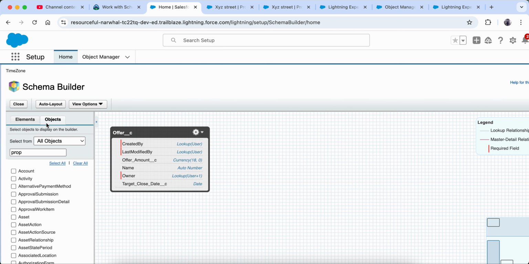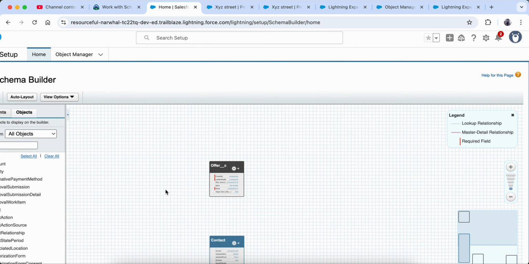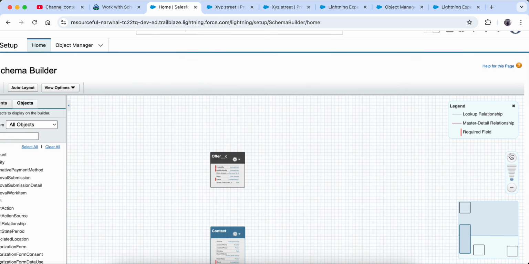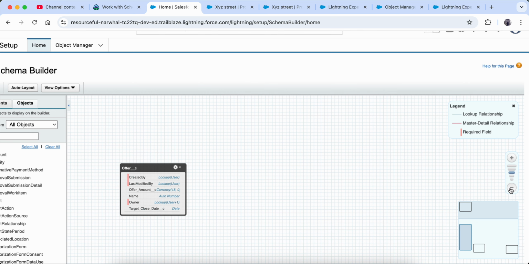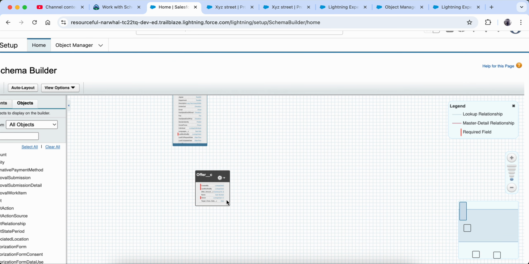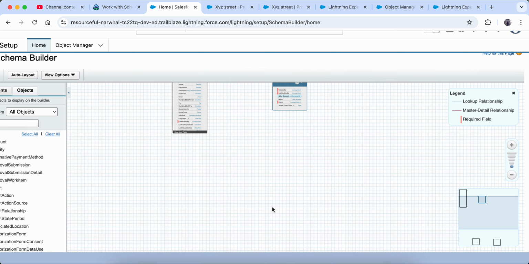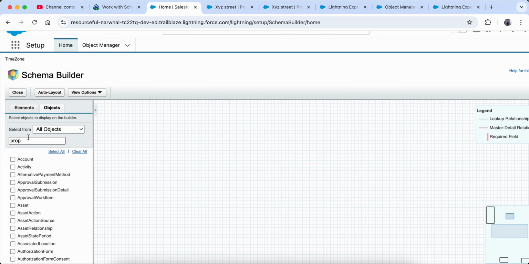Whatever we want we can do. In the offer we didn't create any relationship, so it is coming as it is. So this is how we can scroll through the schema builder and see how it is looking. It is showing us all the relationships, and whatever you select here will come here.